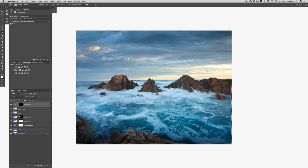This bit of extra orange. I'm going to hit, there's our 100%, and hit the top of those rocks with a bit of sunlight hitting the tops there. Probably going to look stupid, but anyway, we'll give it a go. Command D to deselect, and then all of a sudden we've got, looks a bit more like the sun's hitting there, but we probably need to add a bit more light now,